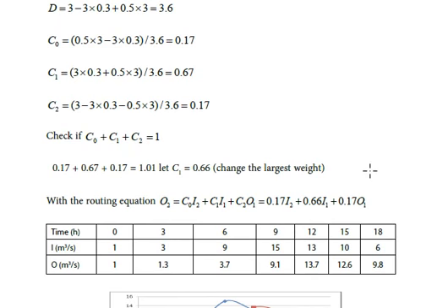Now we will go on to use the routing equation which we expressed in terms of the outflow. Since the initial downstream outflow value is not given, we will use the first value of the upstream inflow as the first value of downstream outflow. Okay, so we plug in this value here. We will calculate the outflow values by using this equation. We'll get a graph,